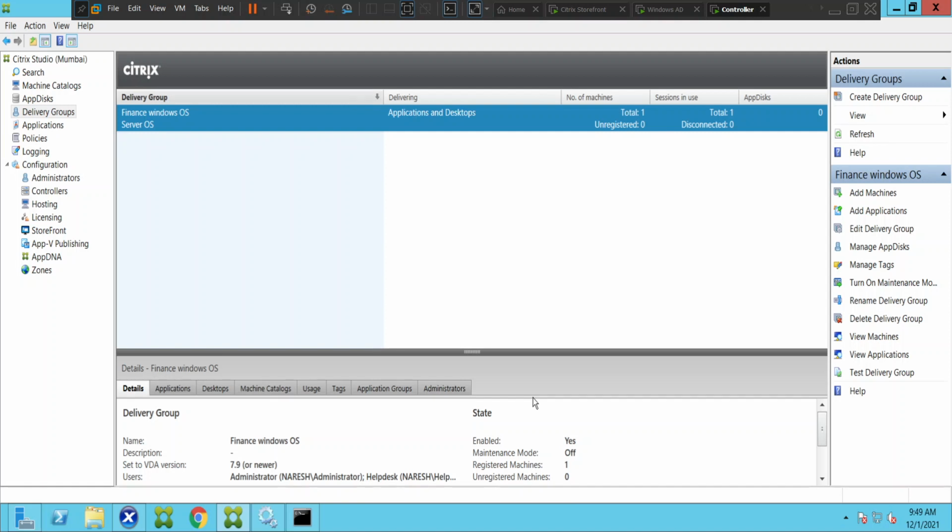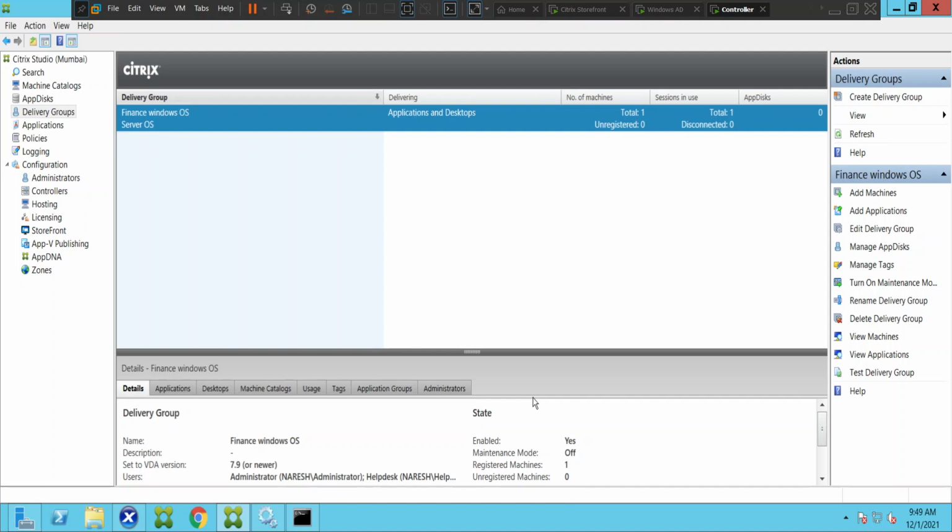Let's say in a Citrix environment you have an application which is hosted on five different machines. If this application is hosted on five different machines and for whatever reason one of the servers is creating some kind of issues, whenever users are trying to access the application, you notice that the users connecting to this particular server are facing some kind of issue. In that case, in order to troubleshoot the problem, you can put the problematic server under maintenance mode.